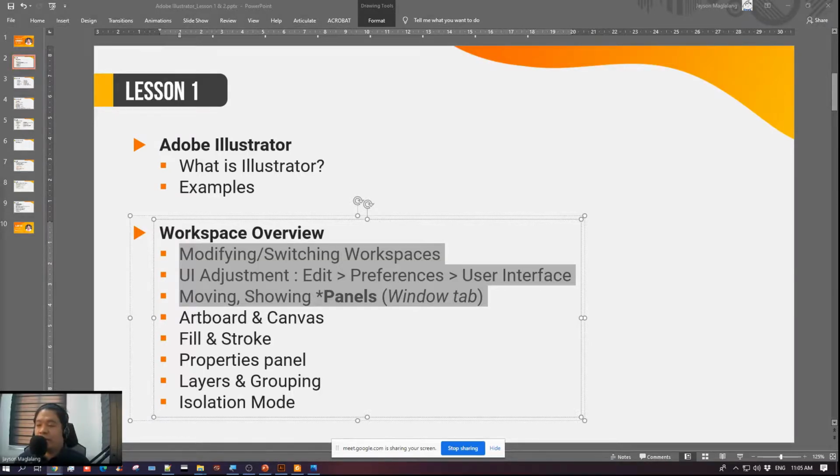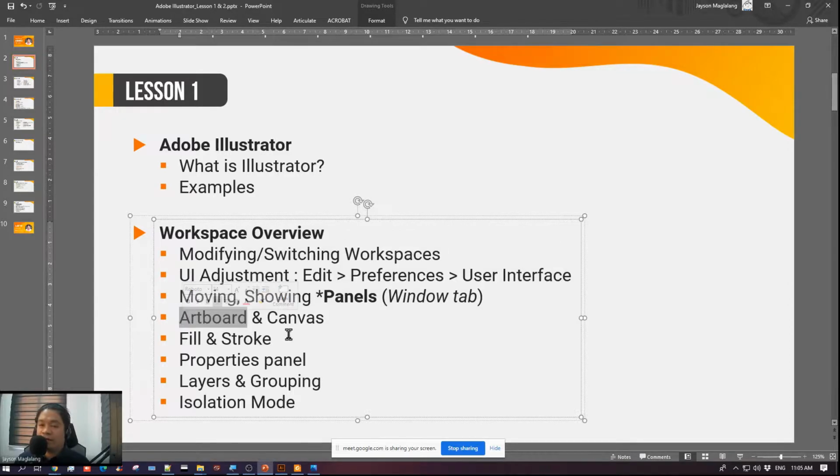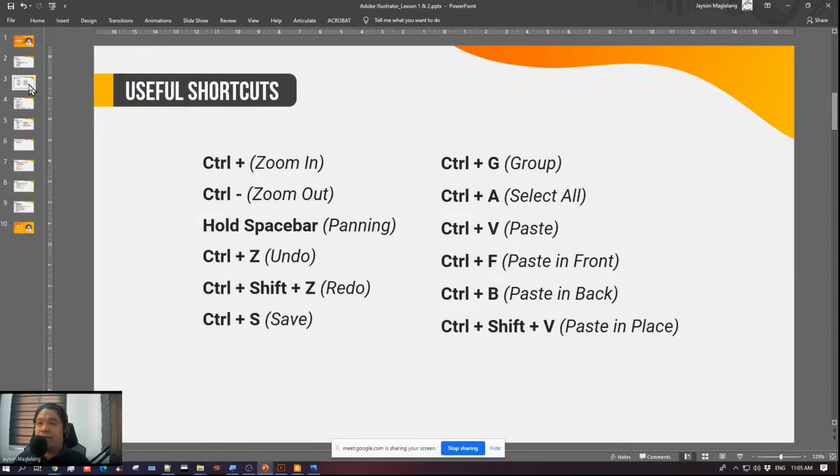Since they are both from Adobe, we have seen more similarities between them, and then the main differences, especially working with Artboard and Canvas, working with fill and stroke, like in Adobe Animate, it's the same idea, and what layers and grouping can do, the benefits of layers and groupings, what their benefits are for working with them, then working with isolation mode,